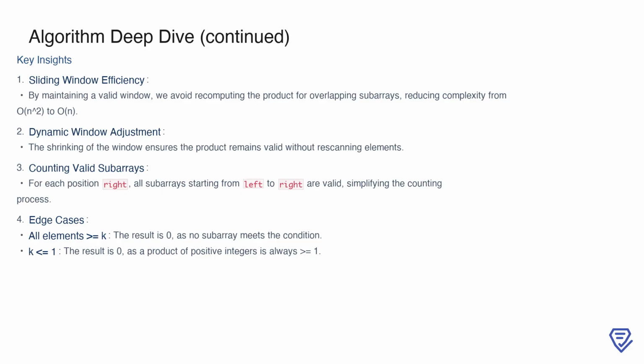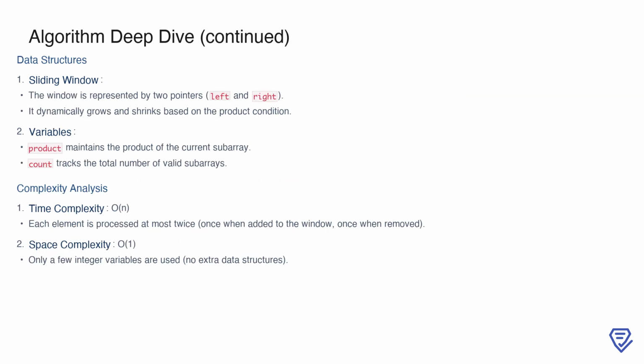It's important to consider edge cases. If all elements are greater than or equal to k, the result is 0 since no valid subarrays exist. Similarly, when k is 1 or less, the result is also 0, as the product of positive integers will always be at least 1. To implement this algorithm, we primarily rely on a sliding window represented by two pointers, left